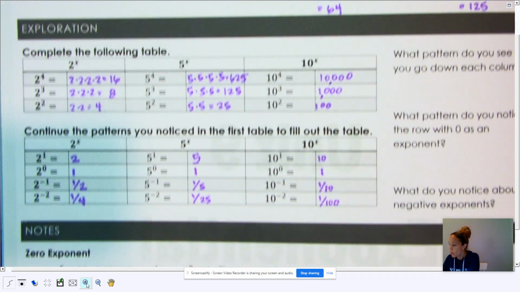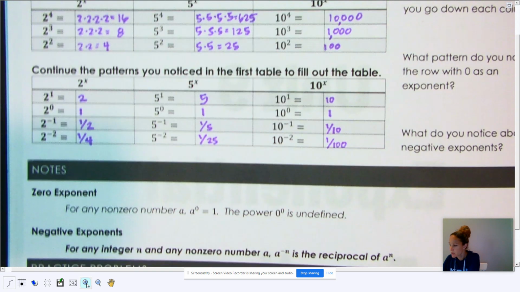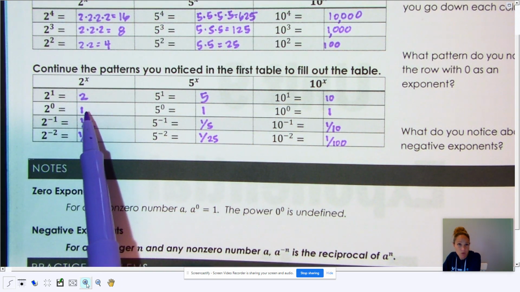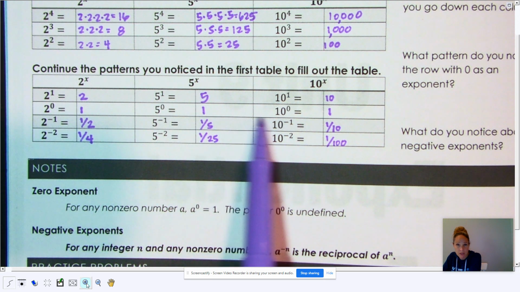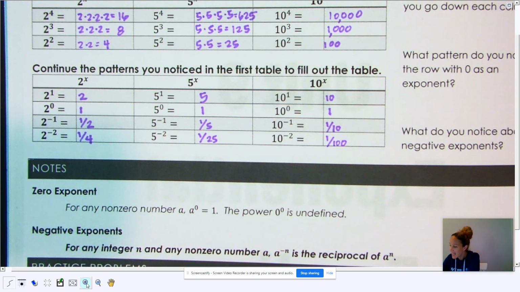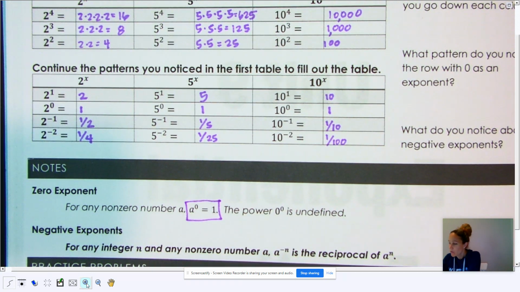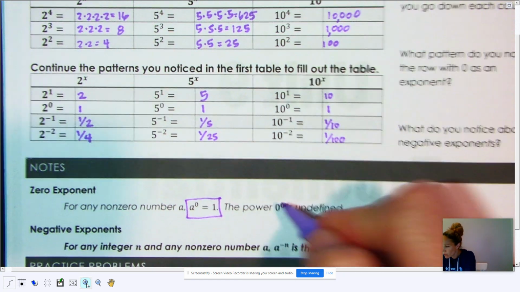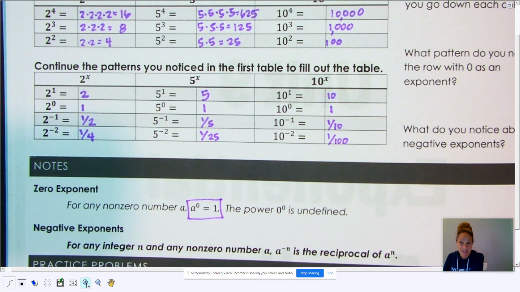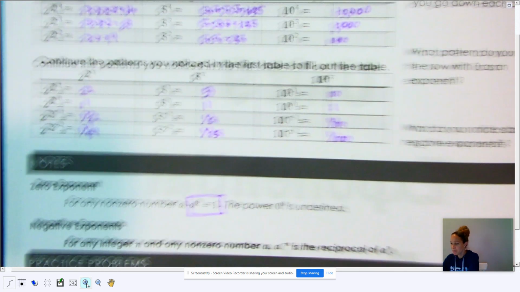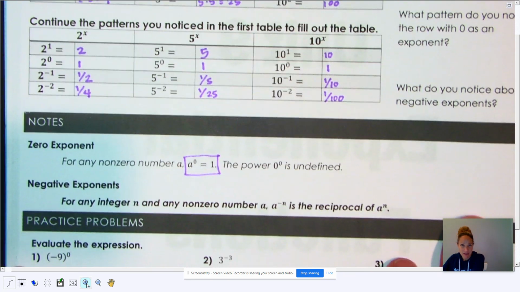Okay, so here's our actual rules. Look at everything to the 0 power. It equals 1. Okay, so anything to the 0 power is equal to 1. With the exception, if you had 0 to the 0, that's undefined. Because 0 to anything is 0, but anything to 0 is 1, so those two would have some problems right there. Okay, negative exponents